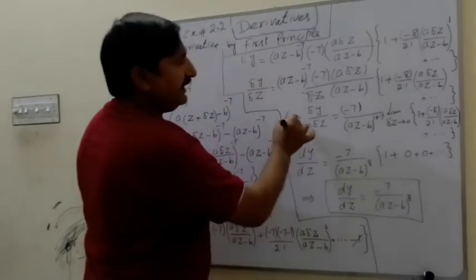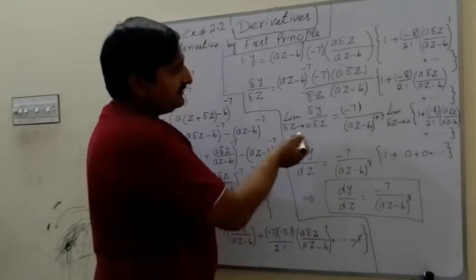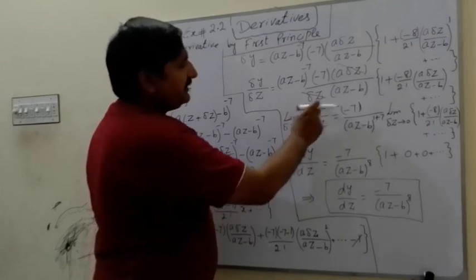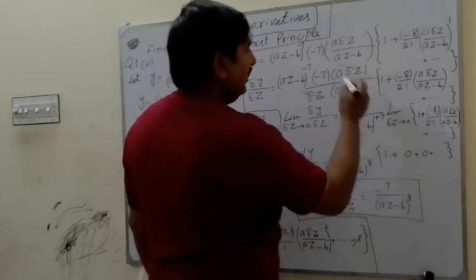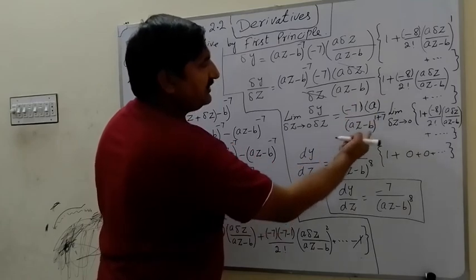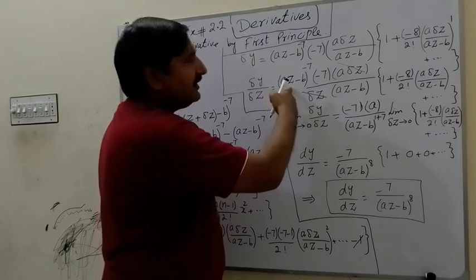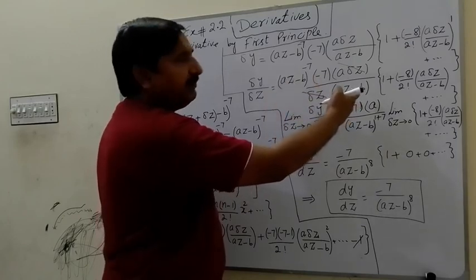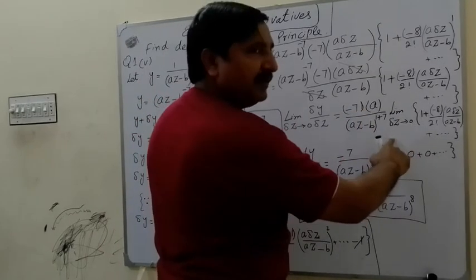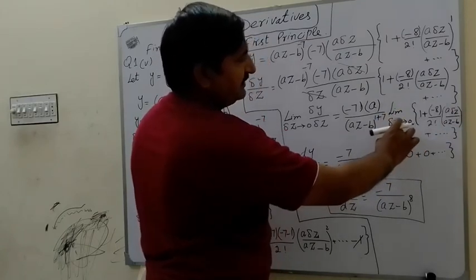So the next step in the first principle, to find the derivative by the first principle, is that we have to apply the limit del z goes to 0. So delta z goes to 0 means delta y over delta z is equal to minus 7 into a over (az minus b), with 1 power of a left here also, sorry, it is not written there. So minus 7 into a over (az minus b), 1 plus 7. I take this negative power and move it to the denominator, so it becomes positive. Whenever bases are the same, the powers add, so 1 plus 7. For the remaining, I just apply the limit del z, because del z is present within a bracket, so that is why I apply the limit delta z goes to 0 here.